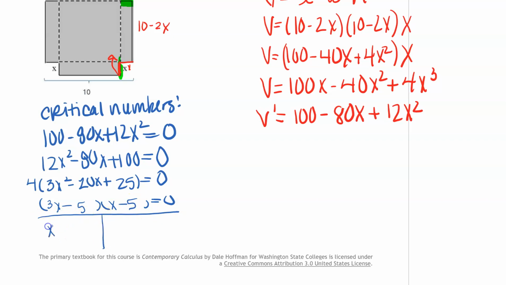So then solving that out, you get x to be 5 over 3 and x to be 5. Now I can't have two different side lengths, so I need to think about what's going to be possible. Now this is going to be a closed interval problem